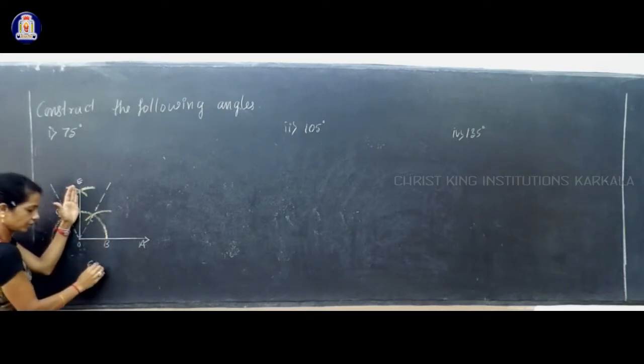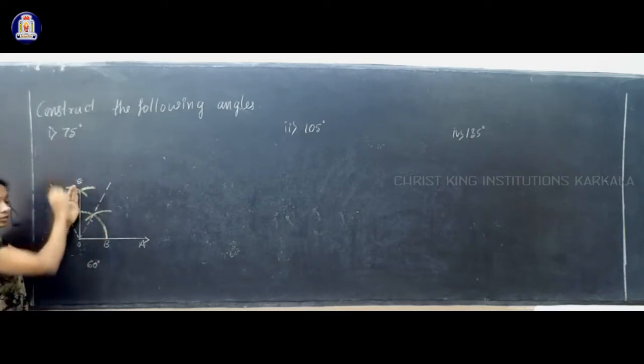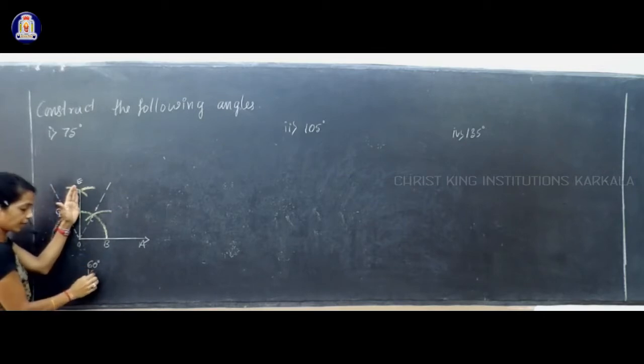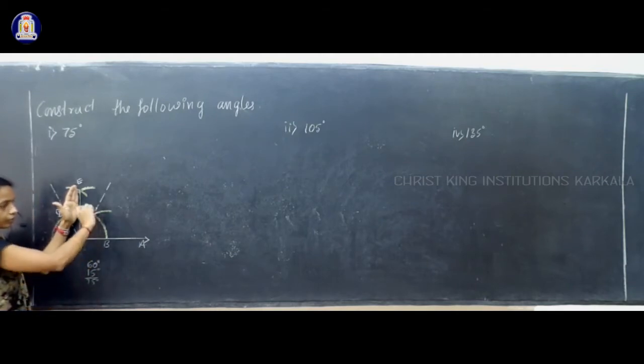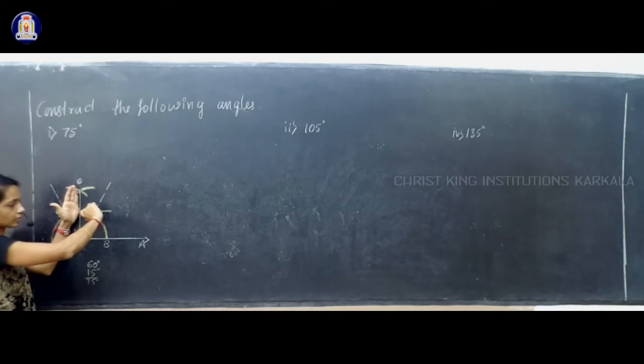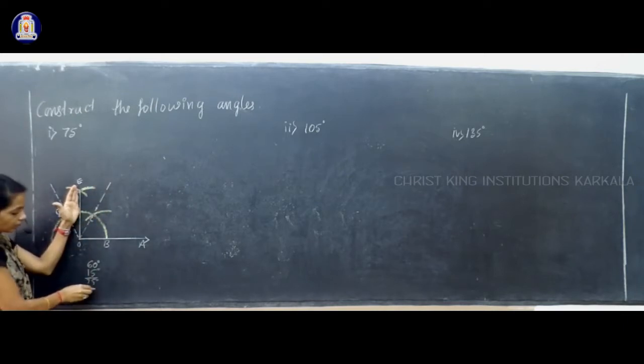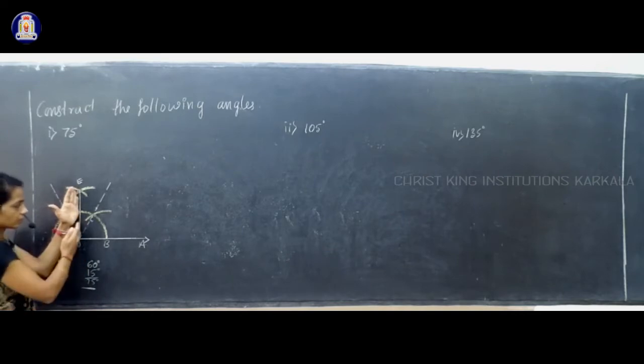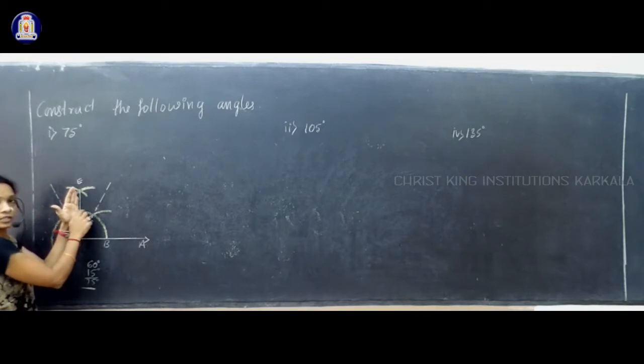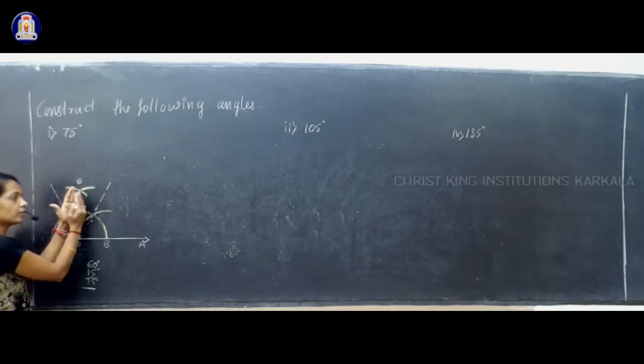Now you see here this is a 90 degree and this much is a 60 degree. For 60 degree, how much you have to add to get 75 degree? You have to add 15 degree, right? So here you will get 75 degree. Since this is a 90 degree and this is a 60 degree, how much angle is here? That is a 30 degree. So you have to construct angle bisector over this 30 degree. That gives you both sides 15, 15.